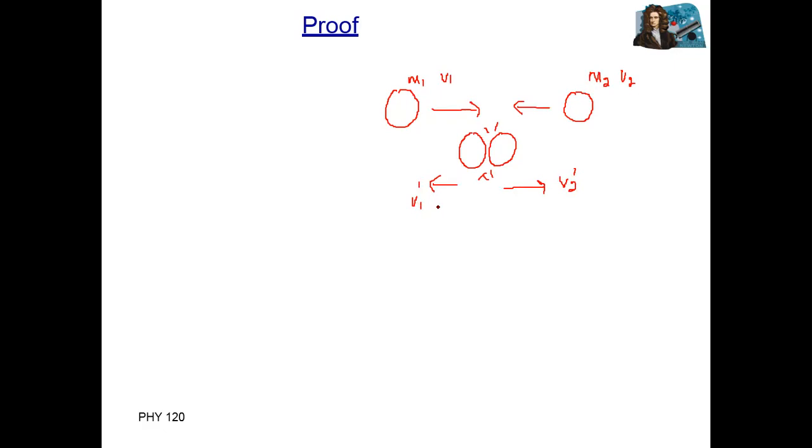So how can we prove that the momentum of a system before collision equals the momentum of a system after collision? We know from the third law of motion that every action has a reaction, the same in magnitude but opposite in direction. For example, mass number 1 will apply a force on mass number 2, and mass number 2 will apply a different force, but these two forces are in opposite directions. Force number 1 on mass number 2, force number 2 on mass number 1; the negative sign shows that these are in opposite directions.